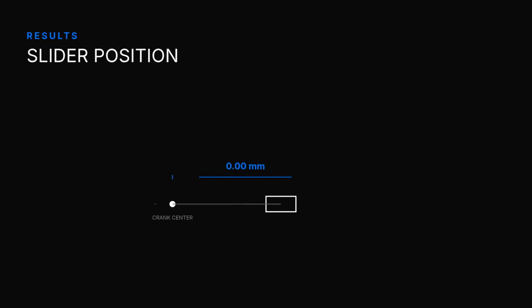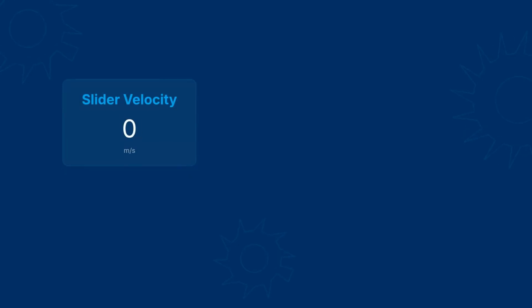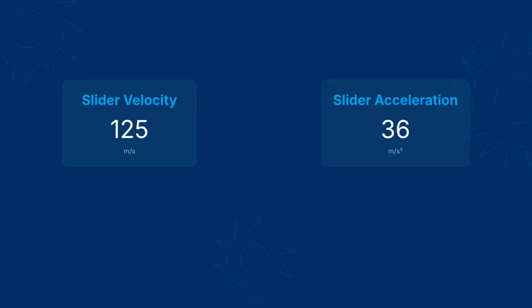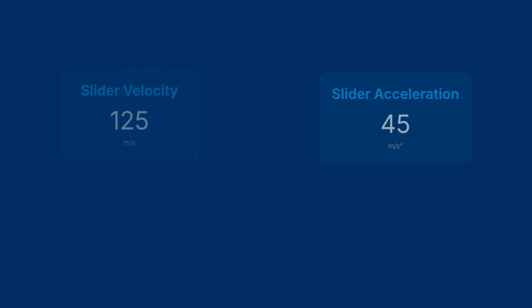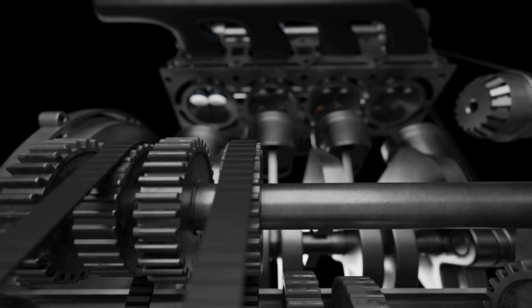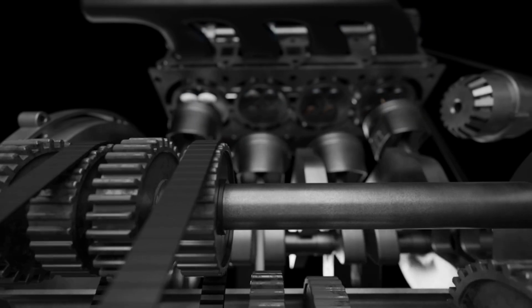The slider position tells you the horizontal distance of the slider from the crank center. The slider velocity indicates how fast the slider is moving at this instant, while the slider acceleration shows the rate of velocity change. These values are essential for analyzing mechanism kinematics, designing linkages, and predicting dynamic forces in your mechanical